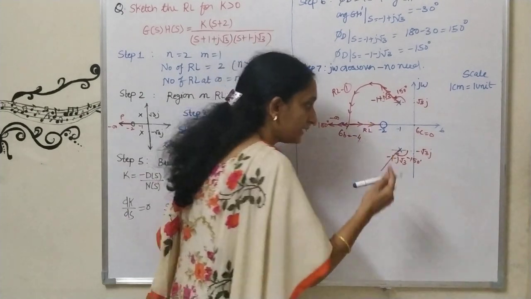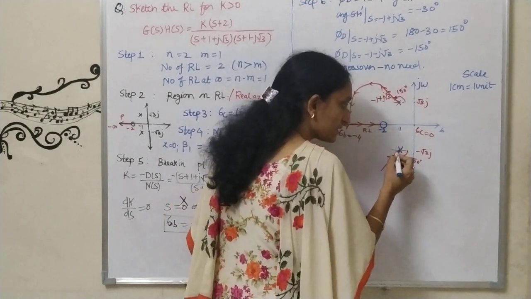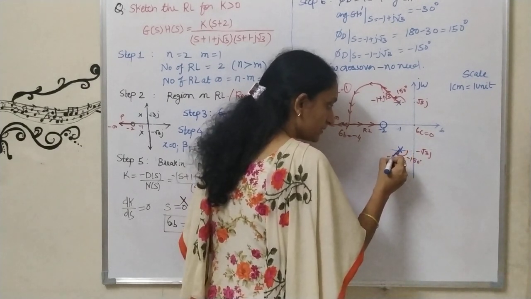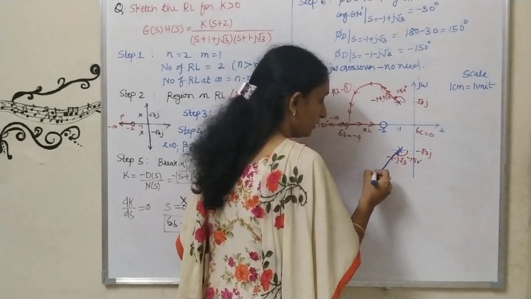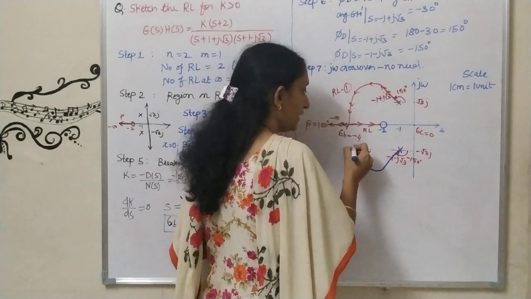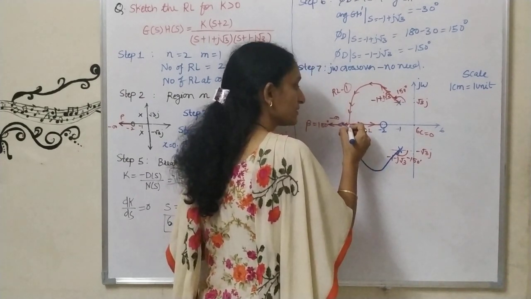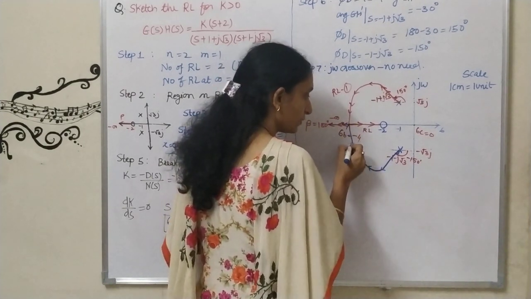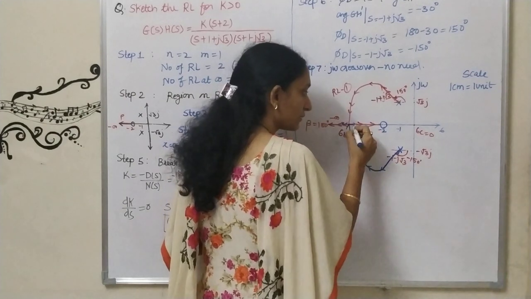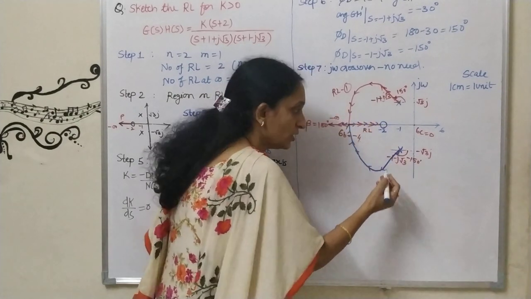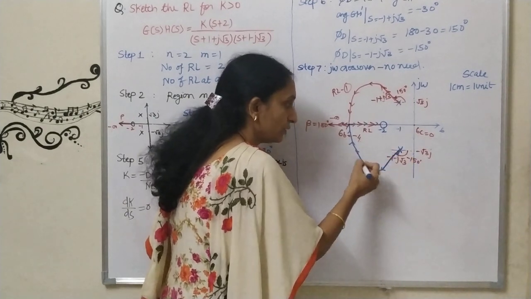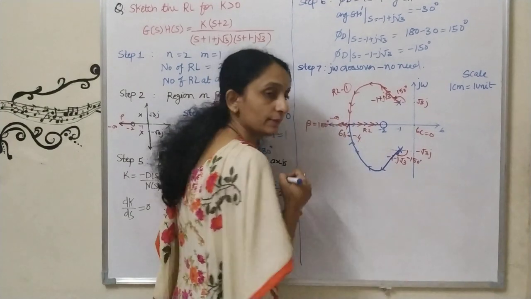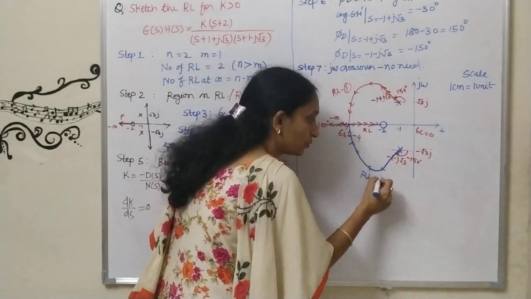Now I will show the second root locus. Okay. For that I need to start with the second pole. So this is my second pole. Look at this. So first of all it will start with this phi d. Okay. Then there will be a curved line and it will enter the negative real axis at the break-in point. Okay. So I am showing the arrow like this. Okay. So this arrow will give you the direction. Okay. So the second root locus is starting with this pole. It may terminate at 0 or it may go towards infinity. Okay.